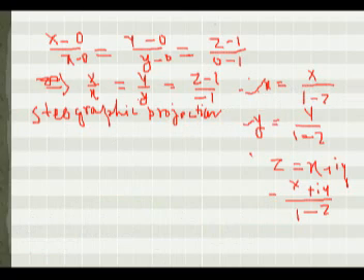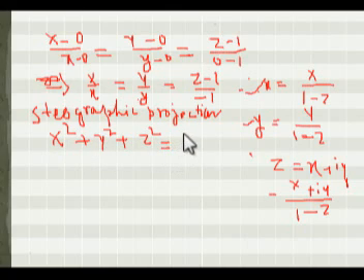This is a unit sphere, so there will be a relation x square plus y square plus z square is equal to 1. And for the xy plane, the complex plane, we have z equal to 0. So if we use these relations,